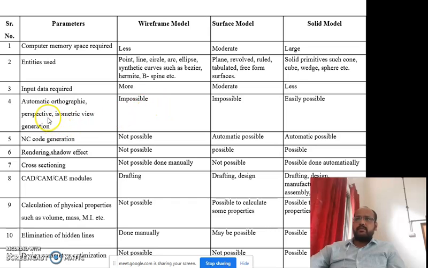If you take an example of automatic orthographic, perspective, isometric view generation, so these types of graphics concepts which are more complicated to understand, these are impossible in case of wireframe model. In case of surface model also these are impossible, but in case of a solid model you can easily view isometric view, then automatic